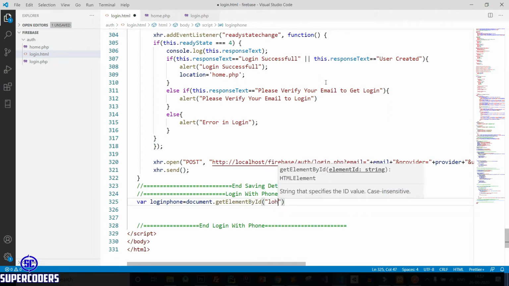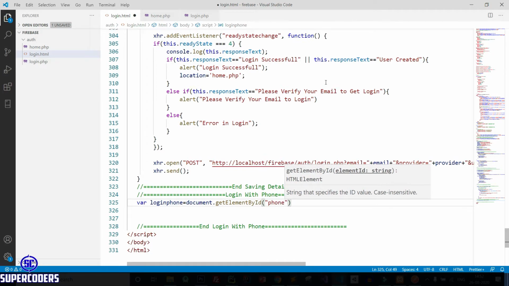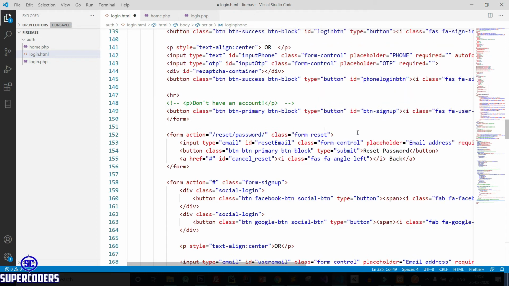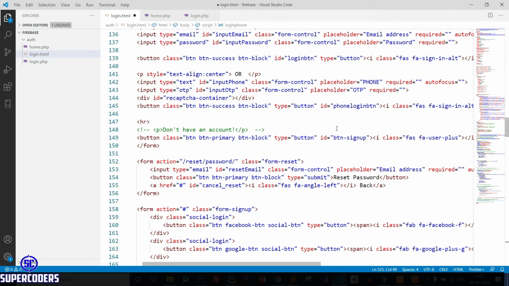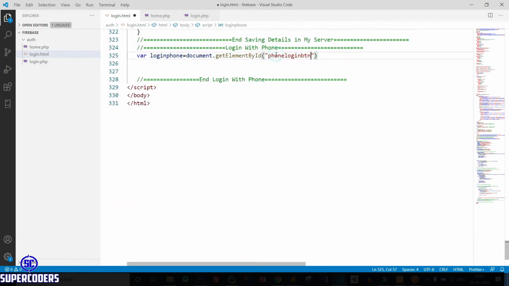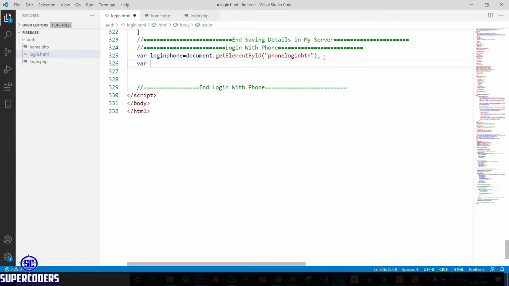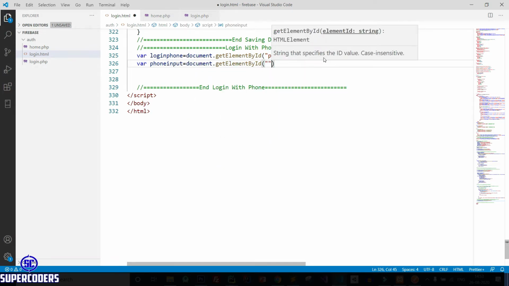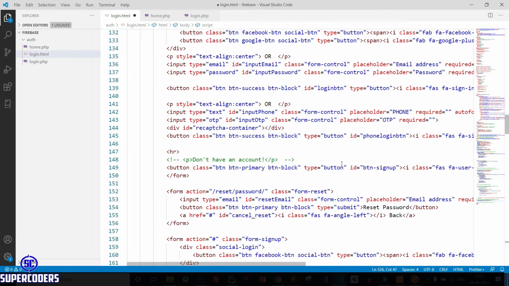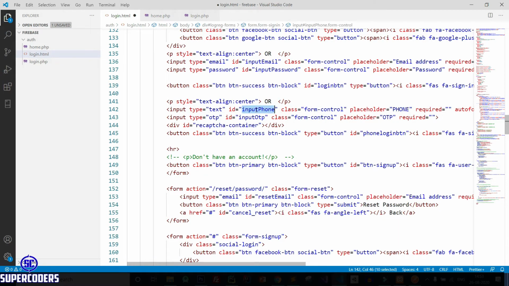So let's see, phone, let's copy the ID, phone login button, copy this, paste here. After that, where phone input equal to document dot get element by ID and let's pass this phone input. So you can see phone input, copy this,